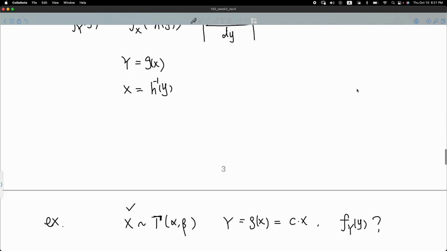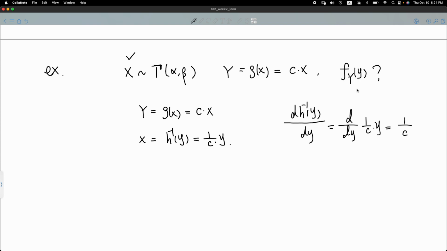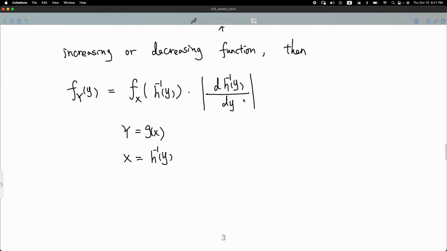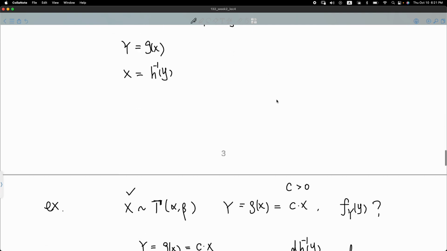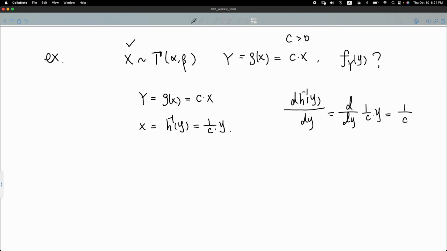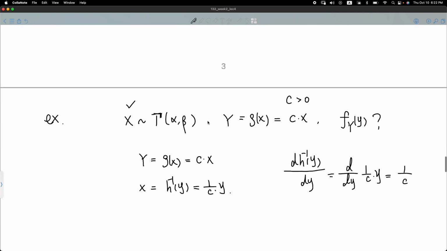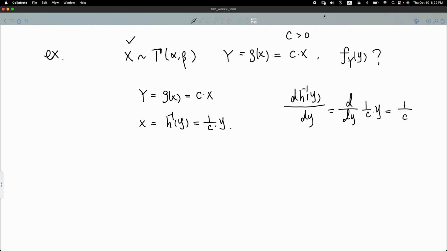Okay, so maybe let me give one more constraint here: c greater than 0. If I don't put c greater than 0, when you take the absolute value, you will need to consider whether c is positive or negative. So you need to discuss case by case. But here, just for simplification, let me add c greater than 0, so that the absolute value of 1 over c is still going to be 1 over c, right? Without this constraint, you need to consider when c is less than 0 and when c is greater than 0 when you talk about the absolute value. Okay, so now back to our expression